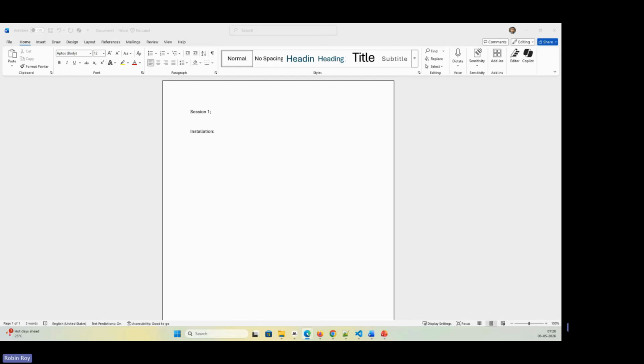We'll be talking about the installation of all the software that is required for us. The first and foremost thing is any editor tool where you want to write your JavaScript code or Playwright code. With that, you should be able to write your code there and be able to execute. I'm not sure if you are familiar with any of the tools, but we have Eclipse, we have VS Code,